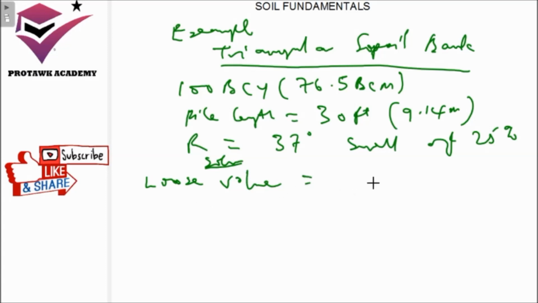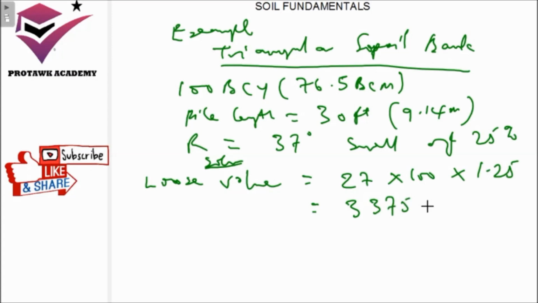This will be equal to, here we are given 100 BCY, so we use 27 to convert to cubic feet. So 27 multiplied by 100, multiplied by 1.25, because when you add 25% to 100%, you get 125, and you divide by 100 to give you 1.25. So when we multiply this,